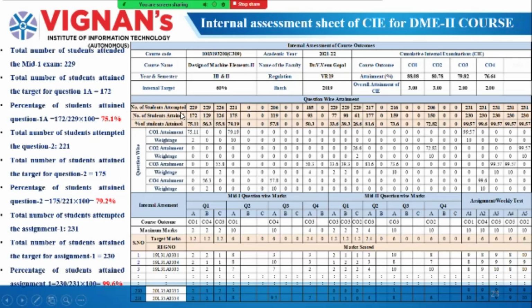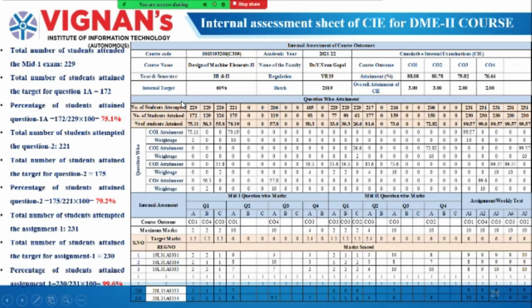Like that, in mid 2, again we have question 2, question 3, question 4. So unit 3 is CO3. Again unit 4, unit 4 means question 3. Unit 4 also, as you know, in mid 2,